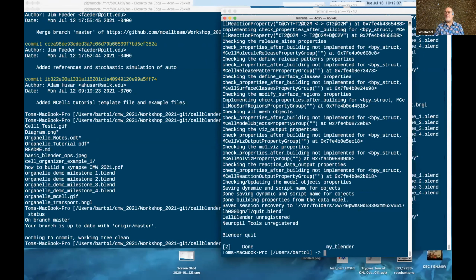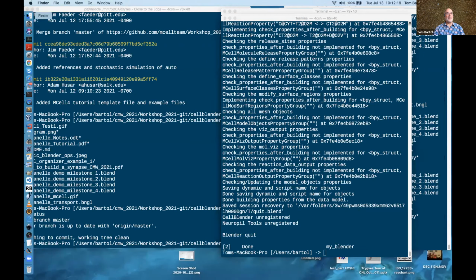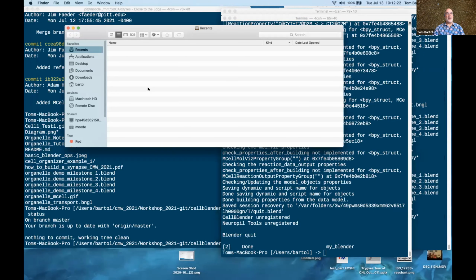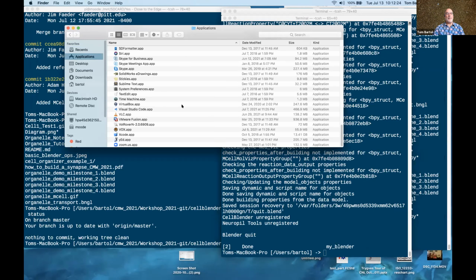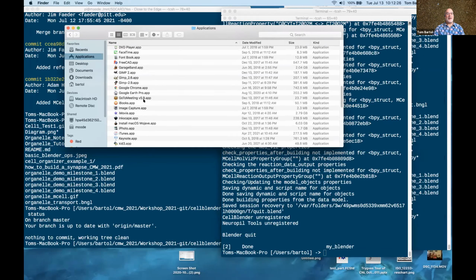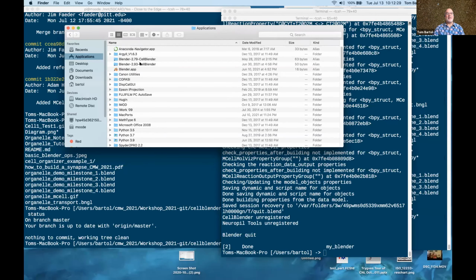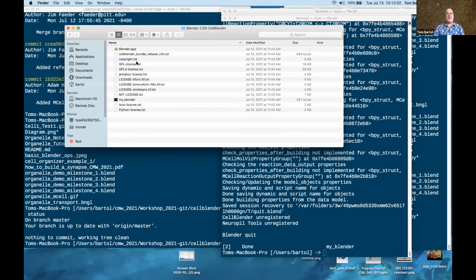Okay. So if you have Blender installed, there's a couple different ways that you could fire up Blender. But there's a preferred way to do it. But let's see, one way to do it is to find your Blender app and double click it. And if we do that,